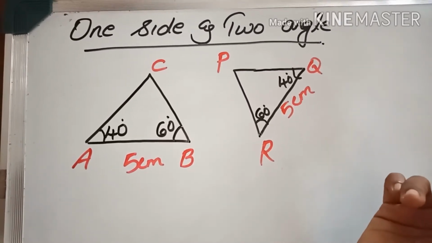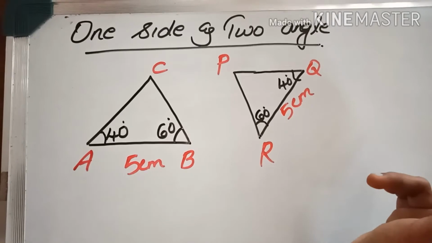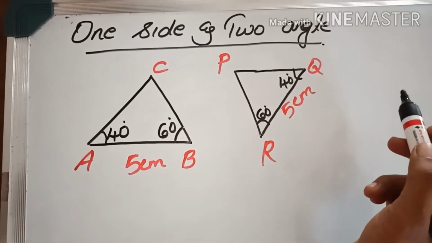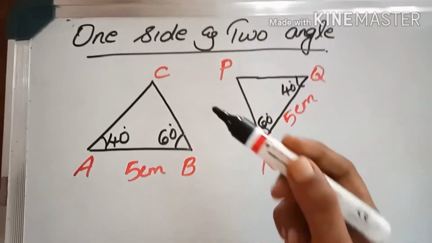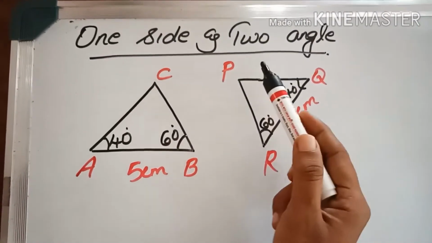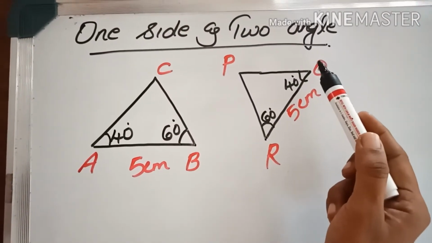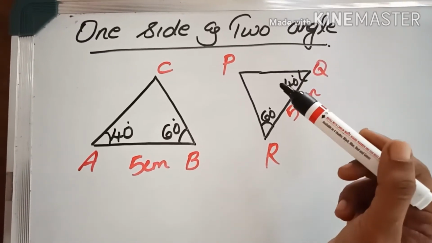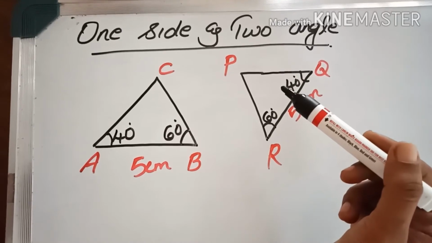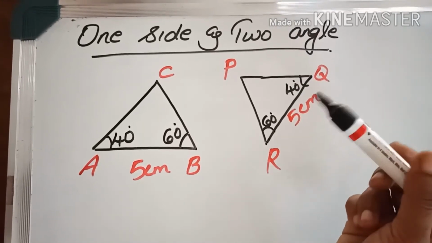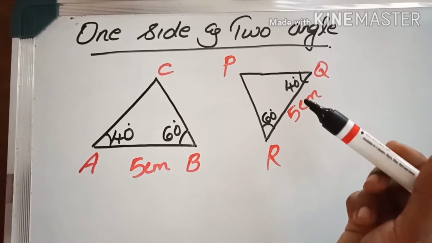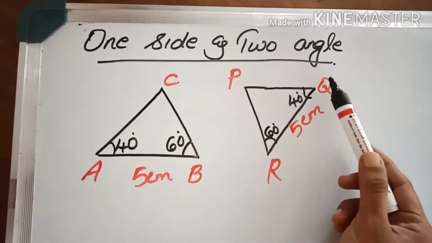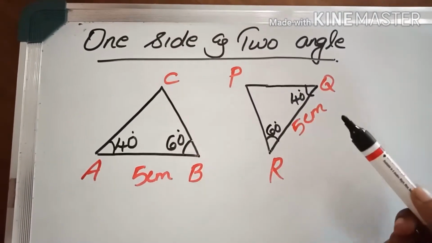Now the second concept was what? Two sides and the angle between them must be equal: two side and one angle. Here the third concept is one side and two angle. Don't get confused with these concepts. You must learn all these three concepts properly, then only you can prove the problems. Continuation is there in 9th standard and 10th standard, so be careful.